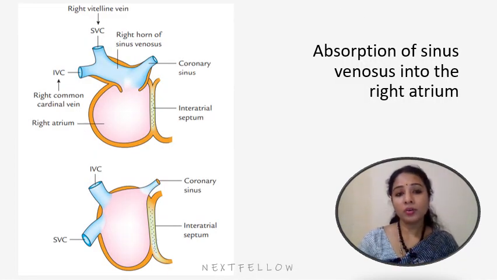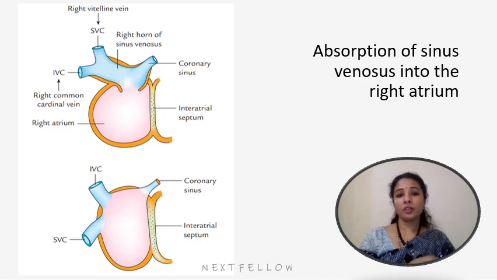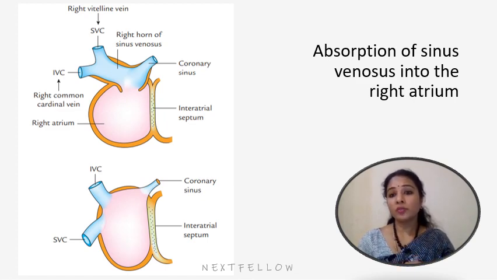So that was about the formation of sinus venosus, how the two horns, the left one starts regressing and the right becomes bigger. Now we will see what happens to the right horn of sinus venosus. So, absorption of sinus venosus into the right atrium. After the formation of the interatrial septum, the right horn, that is the body of the sinus venosus, is absorbed